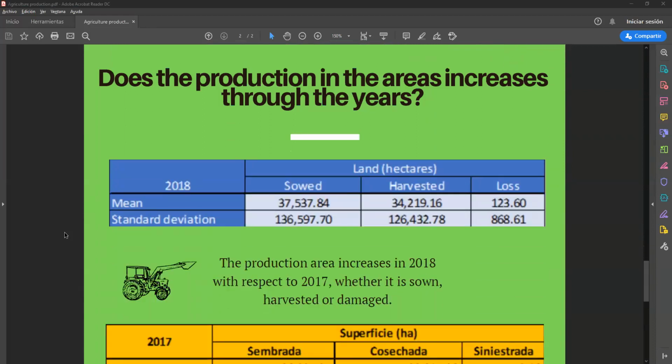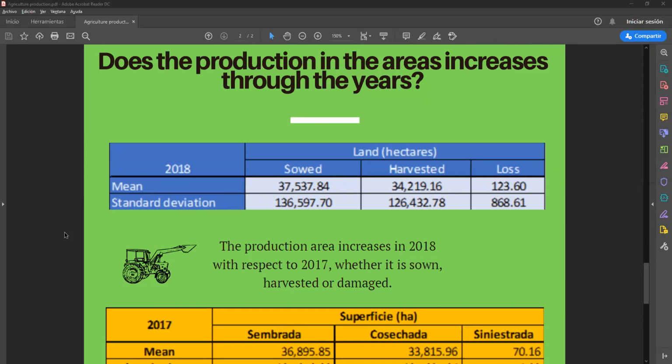Well, finally, we made a t-test. A t-test is a statistical test that compares if there is any difference between the means of two different populations. In this